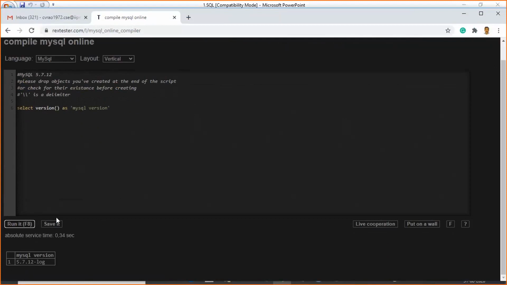The SQL syntax we'll learn in a minute, but for your practice, if you don't know how to install the database, you can still use any one of these sites and play with the SQL statements.